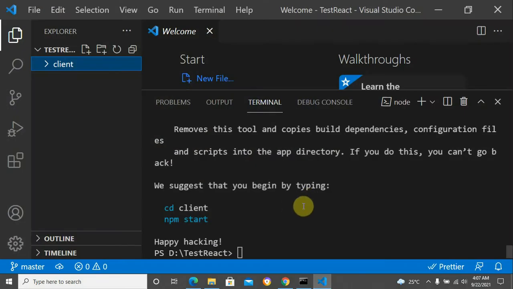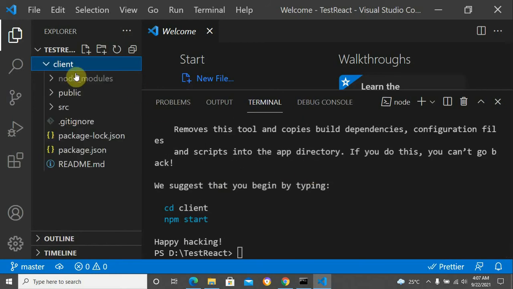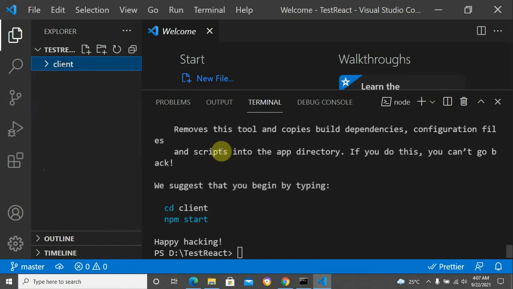Welcome back. As you can see, it's now completely installed. The application has been created. When I click this folder here called client, we can see our project. First of all, what I want to do is install some dependencies. So I'm going to type the command npm install react-router-dom,